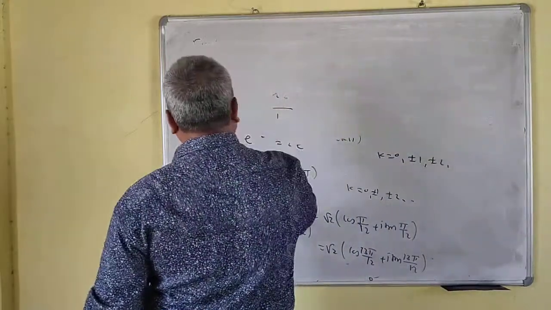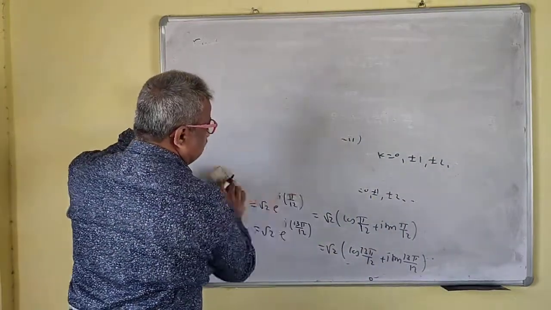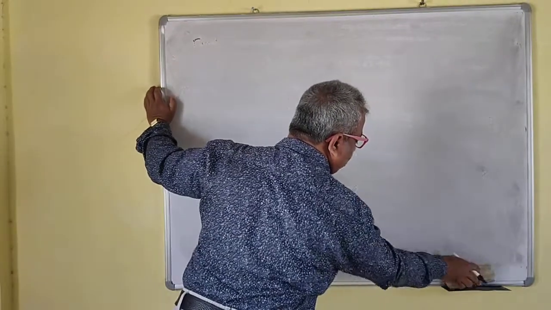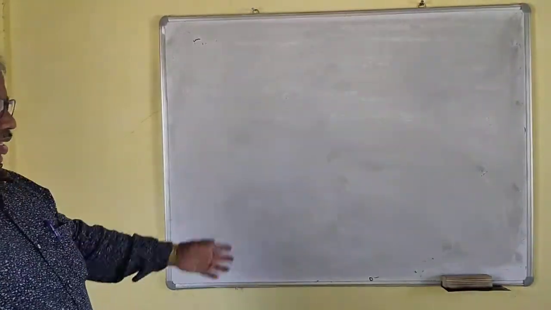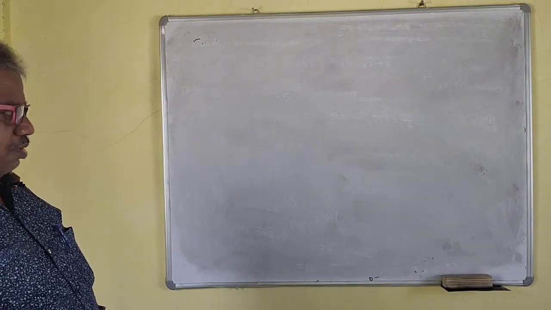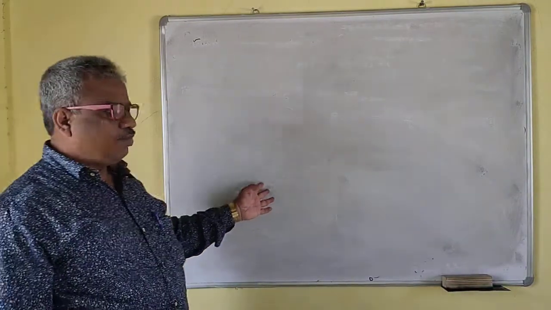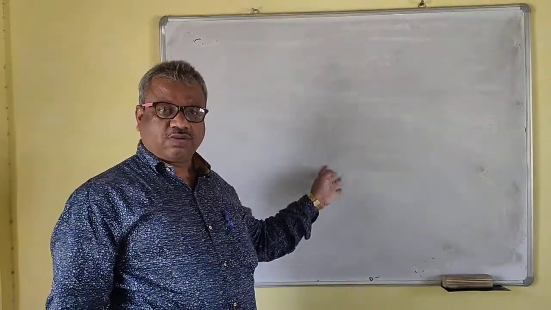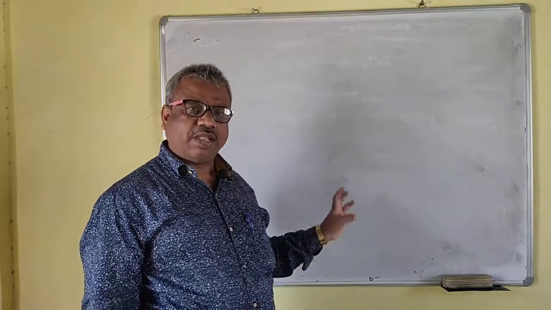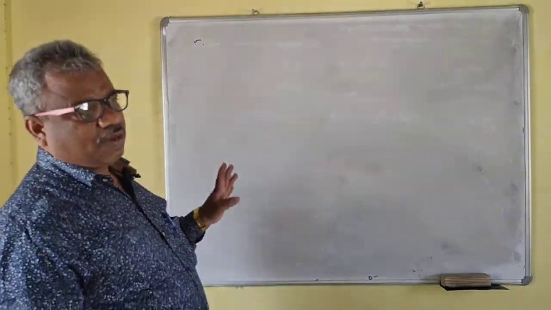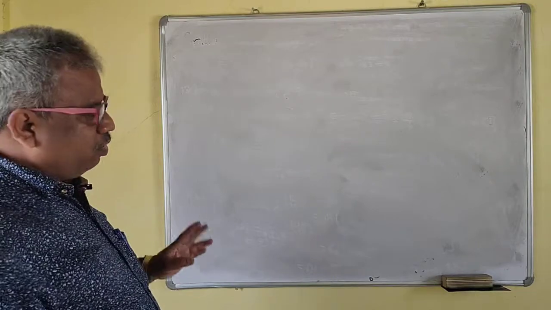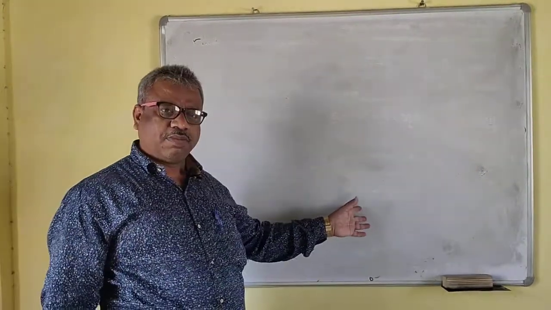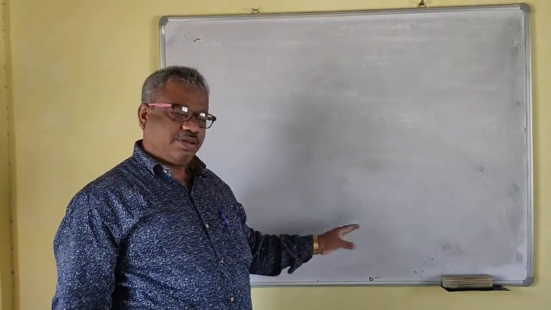So here the method is important. You don't know the value of this cos pi by 12, and it is not easy to find the value of cos. We can find the value with the help of the trigonometric ratios, that is, with the help of the formulas for cos 2 theta and sin 2 theta, you can find the values of cos pi by 12 and sin pi by 12. So no problem, we can find that value. But for you it is very complicated to find the values of cos pi by 12 and sin pi by 12, so we'll keep this as it is now.